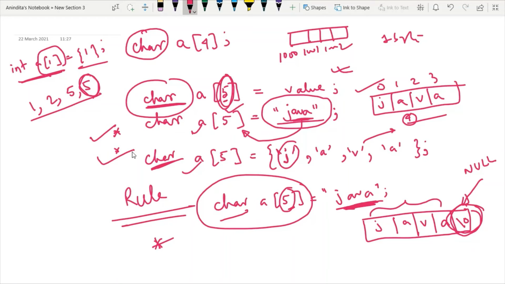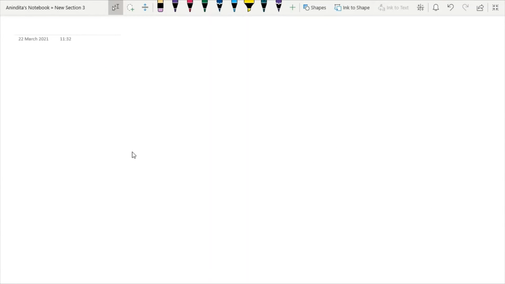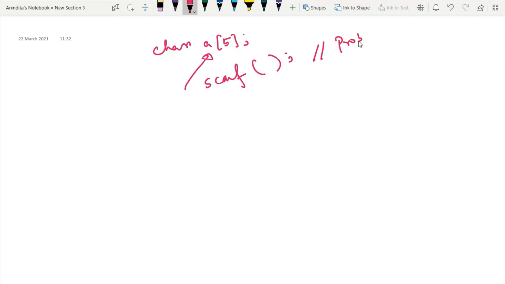If I talk about how to take input in a character array, you know that okay ma'am, it is very simple that we have to use scanf. But try to understand, whenever I have a character array and if I want to take input in this character array using the scanf function, then there will be one problem.